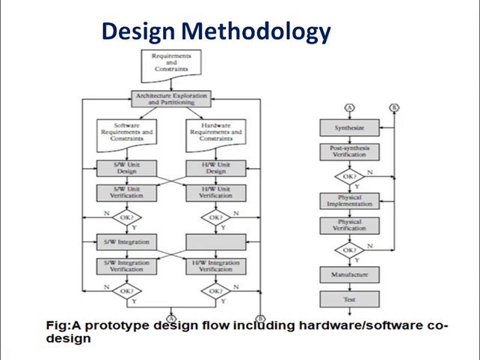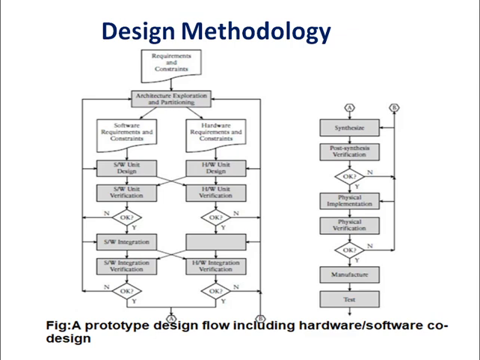Let me tell you what co-design is, right? In this part we go with the software, in this part we go with the hardware. When we use software as well as hardware, we call that co-design. It is the meeting of system-level objectives by exploiting the trade-off between the hardware and the software in a system through their concurrent design. Concurrently we design the software as well as the hardware, right?